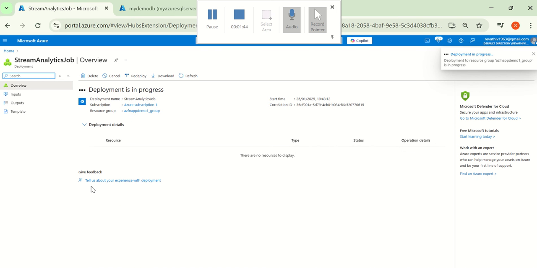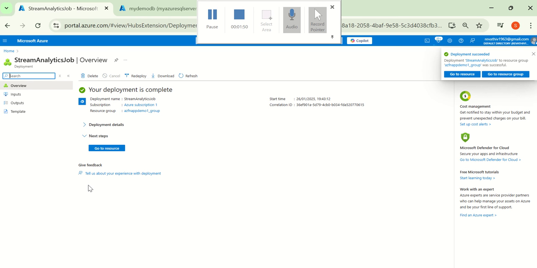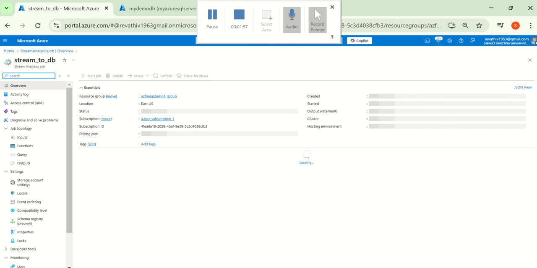After a job is created, it's very simple for us. We'll have to create an input connection and an output connection. In between, we'll have to write a simple query. It also will be generated automatically, and we'll just have to validate it. Okay, it's that simple. So going to resource,